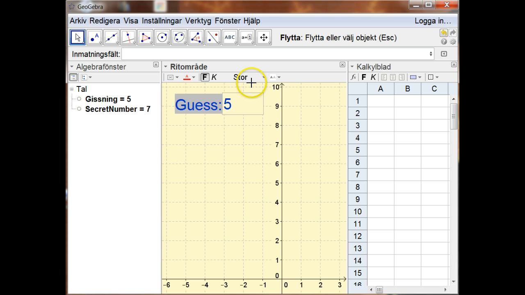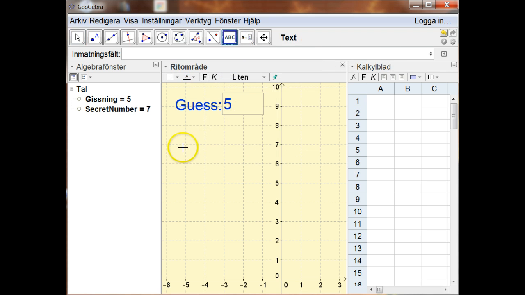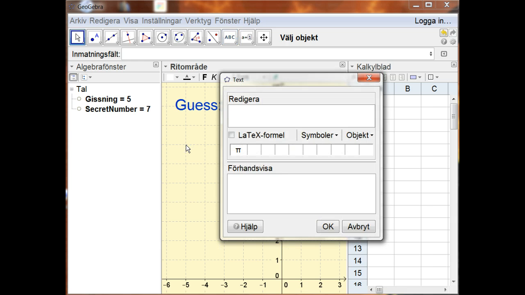So we're going to have a little game here. I'm going to guess the secret number, and if I'm correct, I want something happy to happen. So I will create a text which I can type down here, which says great,